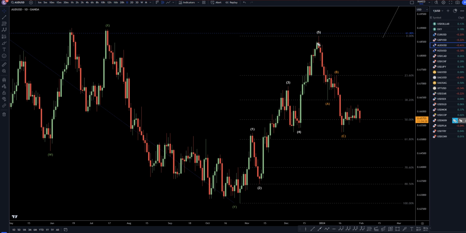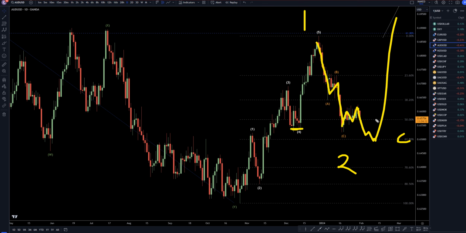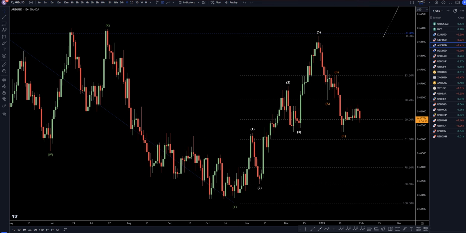Daily time frame, I mean, we definitely do have one, two, three waves down right here. We do have a little bit of a break of structure right there, which is a good sign because wave two should take out the low of wave four. But I mean, this move up to me looks extremely corrective. I'm actually starting to wonder if this is going to go down to like the 61.8 before we actually get the continuation of the uptrend.